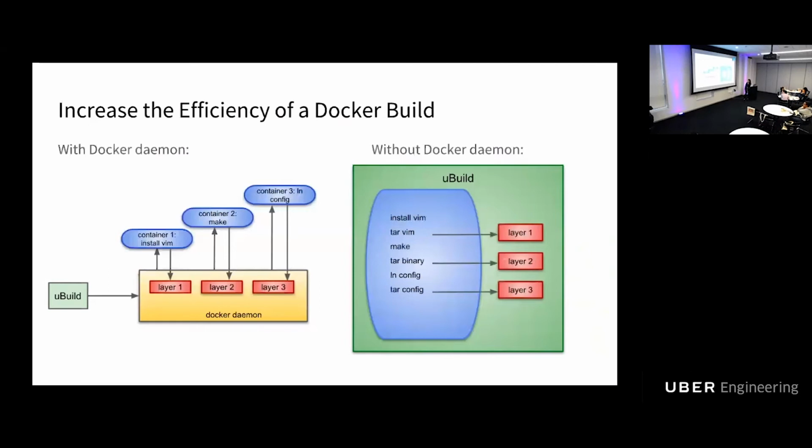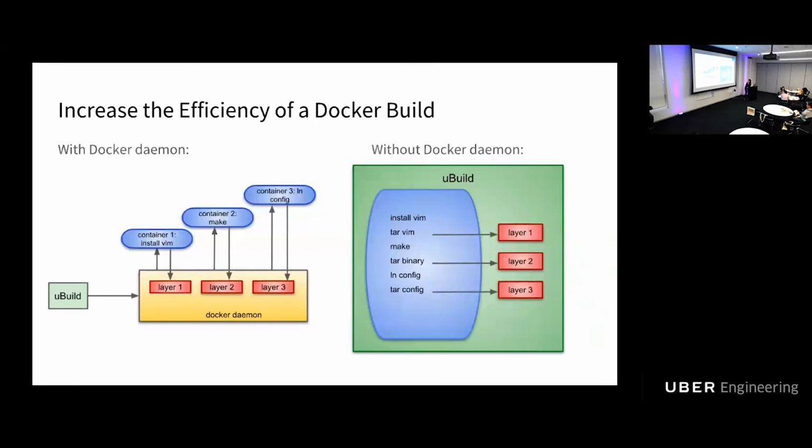Another thing we noticed is not all the layers are used during runtime. So for example, if we don't use vim at runtime, we don't have to generate 3 layers and put it into the final image. So instead of 3 layers, we have layer 2 and layer 3, which reduces our image size. And on top of that, since we control the committing and pushing of Docker image layers, we can build